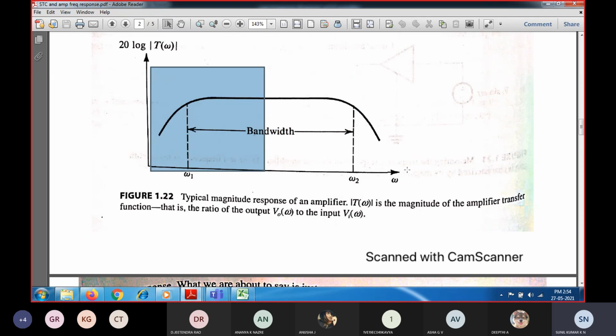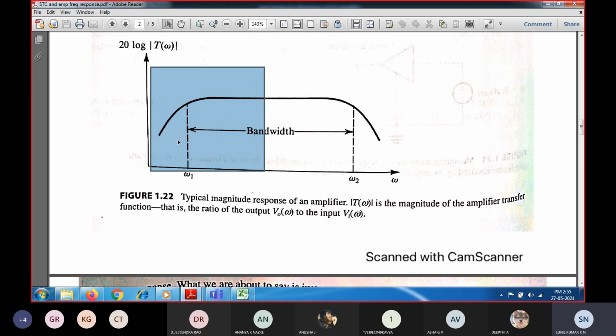That is the gain versus frequency curve, and at the lower frequency, how the gain is going to vary with respect to frequency. You can see at the lower frequency the gain is rolling off as you reduce the frequency below the midband frequency. So this is the midband frequency, and as you reduce the frequency below it, you can see there is a gain reduction.